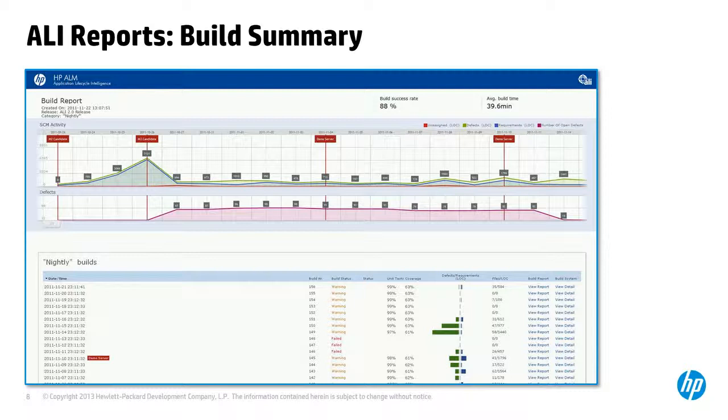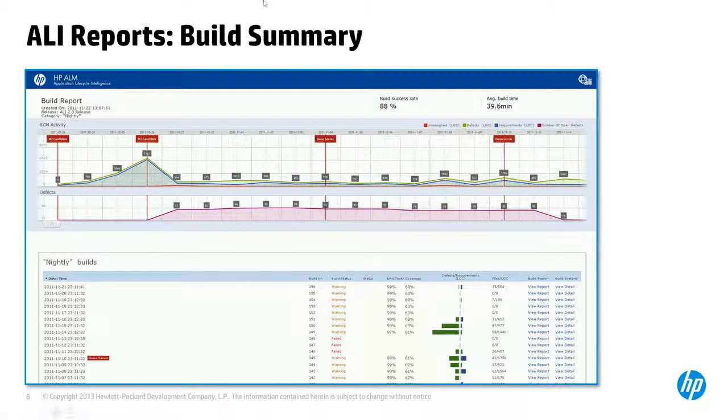Let me start with a build summary, which is one of the reports produced by ALI. On this report, we can see various information connected together, and the idea is to understand what's happening in your build system, and in parallel showing you information related to quality, showing you information about code changes, so that you can see a full picture and you can assess whether the development is following the right trend, or it's necessary to take some course correction and fix some problems, maybe doing a quick fix before a serious problem